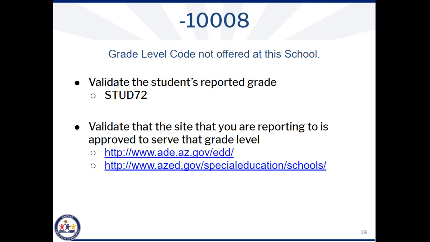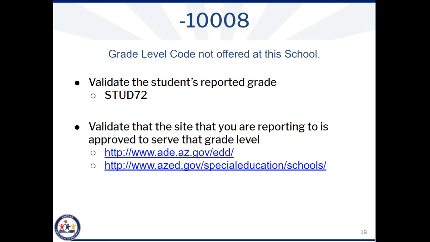So this one, as I was mentioning, the 10008 grade level code not offered at this school. If you are receiving this error and you know that in fact something did not happen at the state, you want to validate that the student's reported grade from within your SIS is the correct grade. You can do that by pulling up the STUD 72,